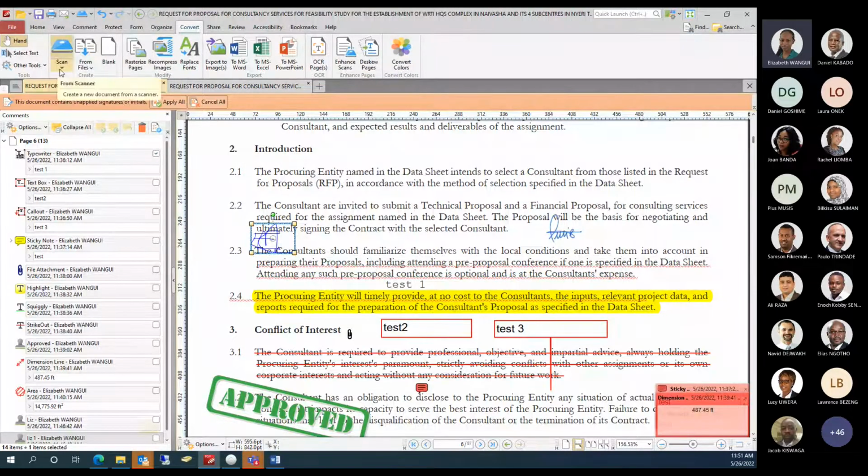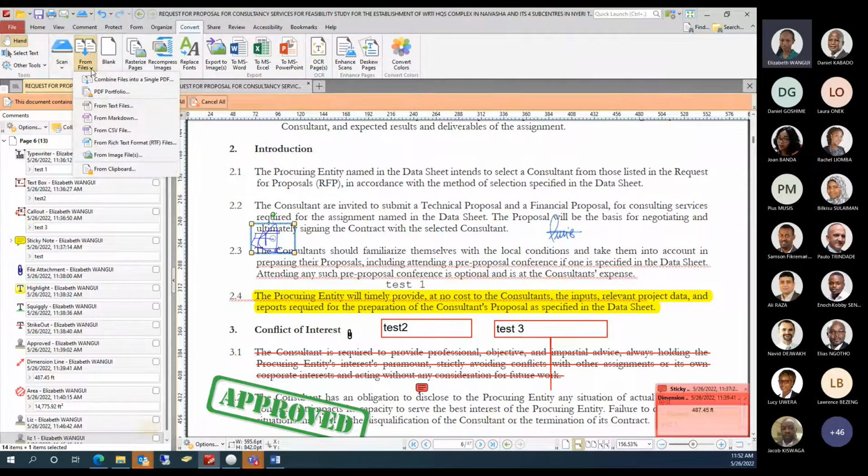The scan, now this is a bit tricky when it comes to scan because it uses the camera of your laptop. You might think you're scanning the sheet that is opened, but when you click on scan, it automatically scans what the camera sees, the camera of the laptop, not the document that is opened. Now, from files, this is what we can convert PDF from. Now, if you come to File,